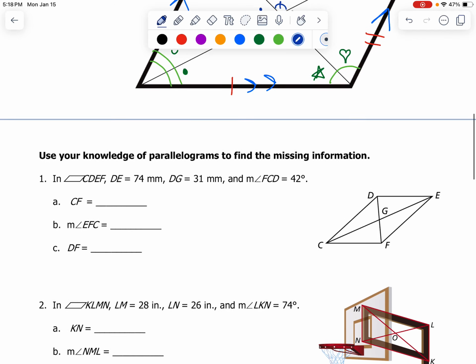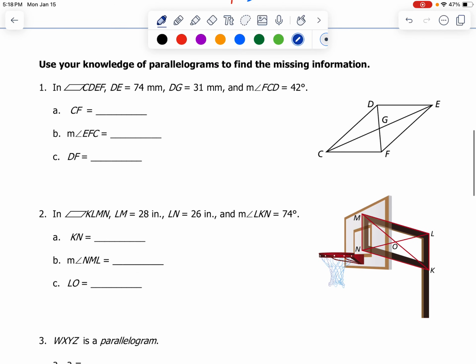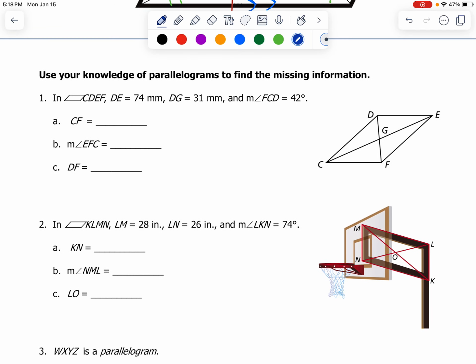All right, let's do a little practice. I would always start by just labeling the given information. Well, maybe I can use different colors. We'll see if that works out. So DE is 74 millimeters. DG is 31 millimeters. If you don't write the millimeters, that's okay. And angle FCD is